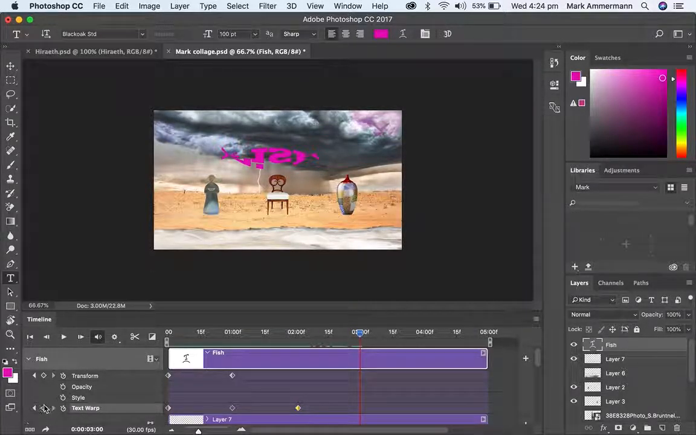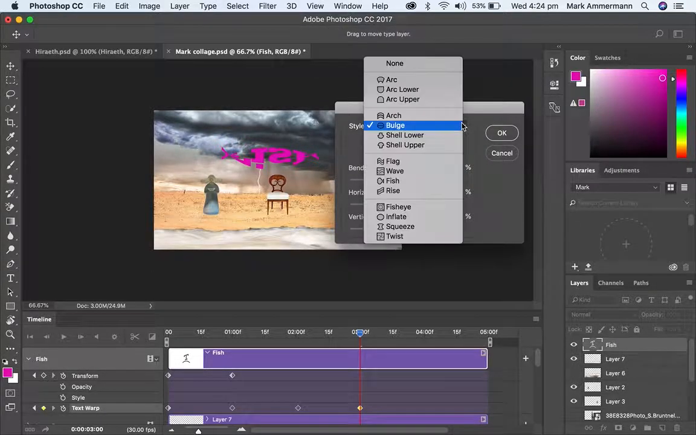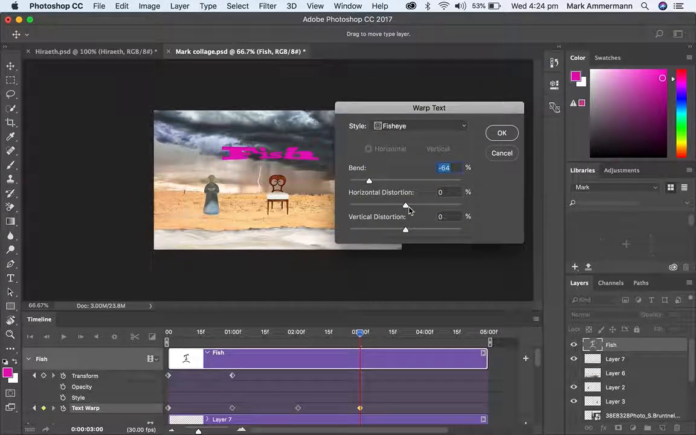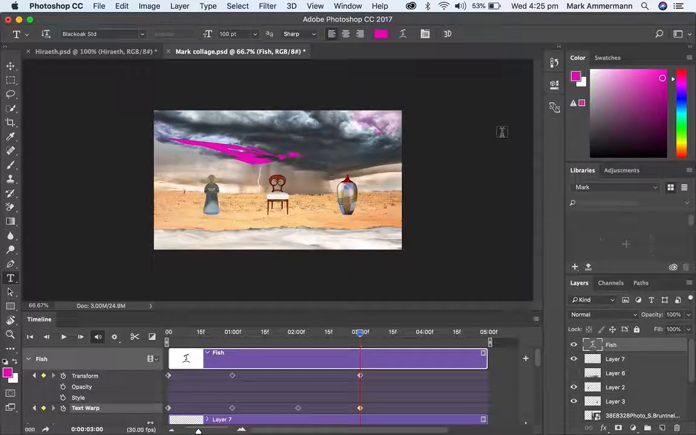and I'm going to put in another keyframe, and I'm going to choose now a new text warp. So maybe I'm going to do fisheye. Okay, and I'm going to try to make it a bit more extreme. Something like that, why not? Okay, click OK, and then I can move forward here to 4 seconds and put in another keyframe,